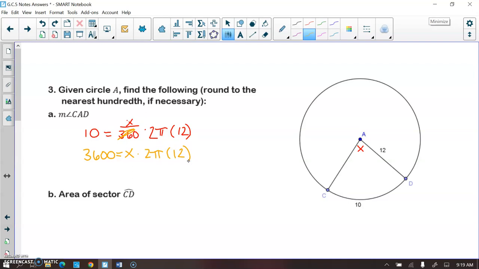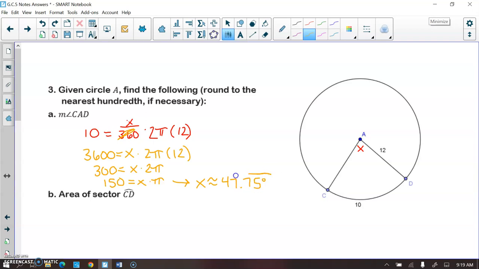Dividing by 12, I would wind up with this. Dividing by 2, I wind up with this. And lastly, dividing by pi, I wind up with x is approximately equal to 47.75